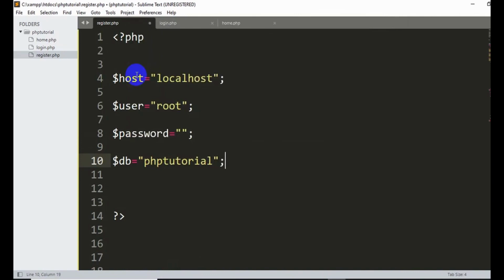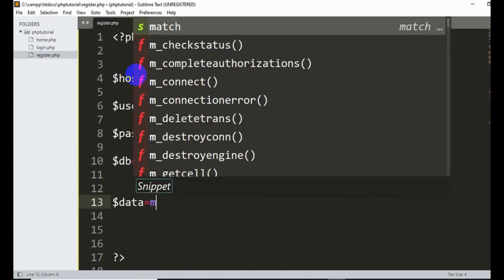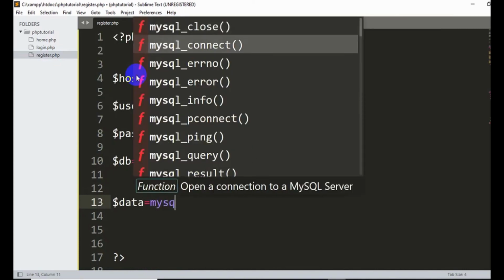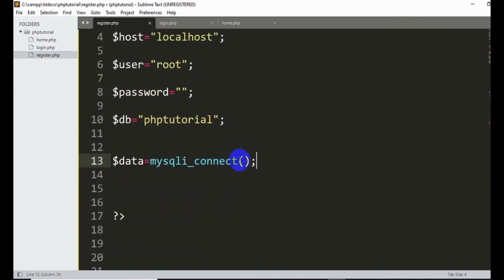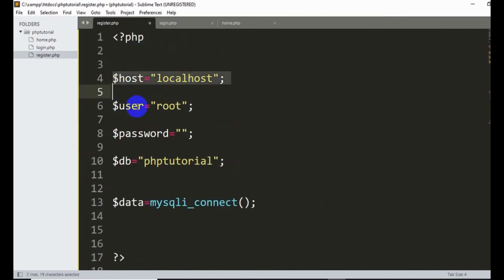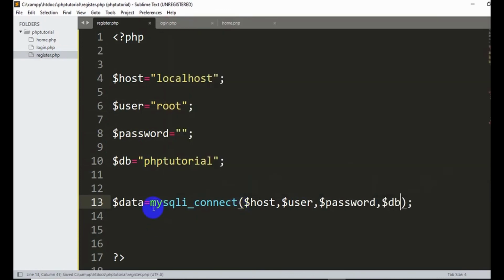So after this we'll declare a variable, let's say $data equal to mysqli_connect. So inside these two brackets we are going to mention those variables: $host, comma $user, comma $password, comma $db. So once you write this mysqli_connect and all those variables, it means our register.php is connected to the